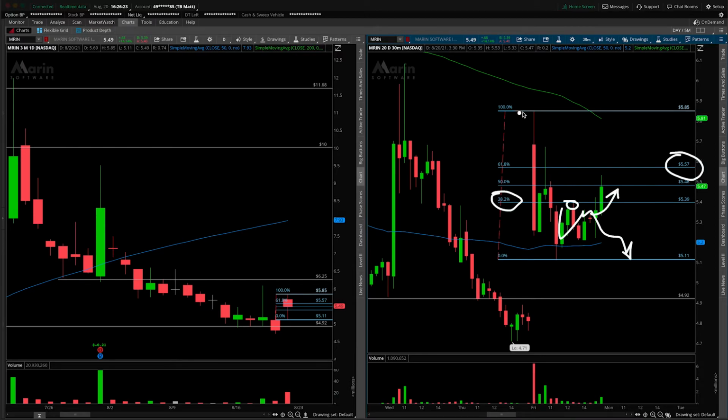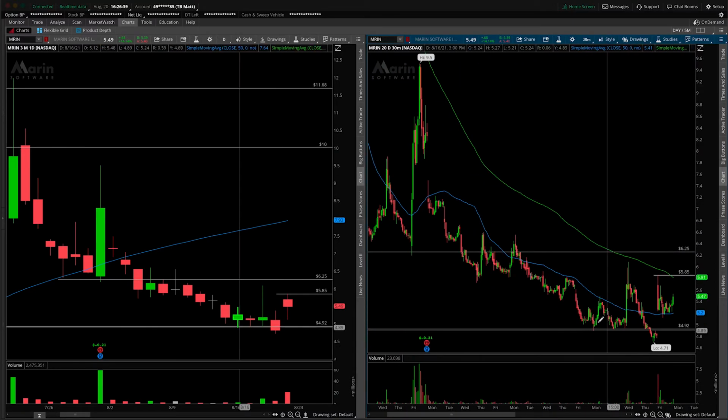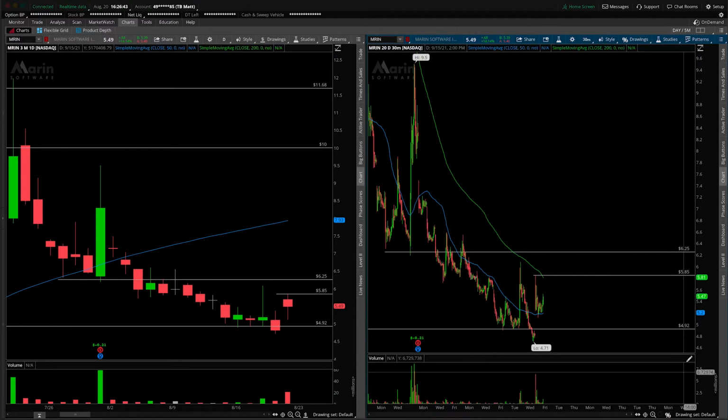After that, as discussed earlier, taking out the 100% or today's high essentially at $5.85 would set up the bullish reversal here to the top of the range at $6.25 and then a potential breakout higher, in which case we have targets in here. So let's first scrunch up this 30-minute and just check out what those potential areas could be. So a break over $6.25 certainly puts into play this double top,